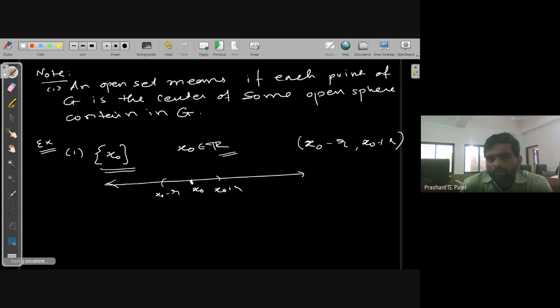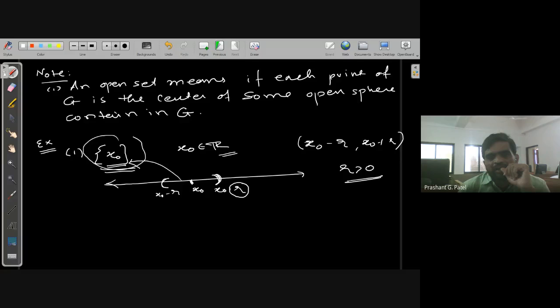For some point there is at least one positive R required, which is inside this set. Is it possible? Can you find some positive R such that this open sphere or open set is inside this set?